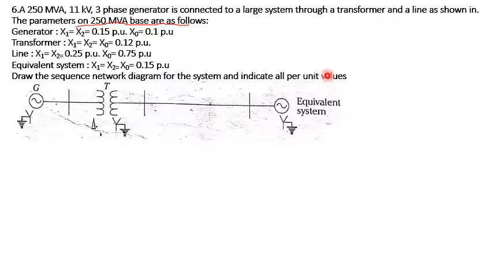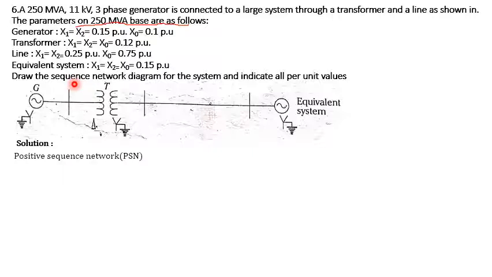So let us solve how we need to solve. Generally we consider the base MVA and the base kV of the system. But in this question they are not mentioning the base MVA and kV, because they have not mentioned the generator voltage and the MVA rating of all the components. So that's why we are not going that way directly. What we will do is directly draw the sequence networks.